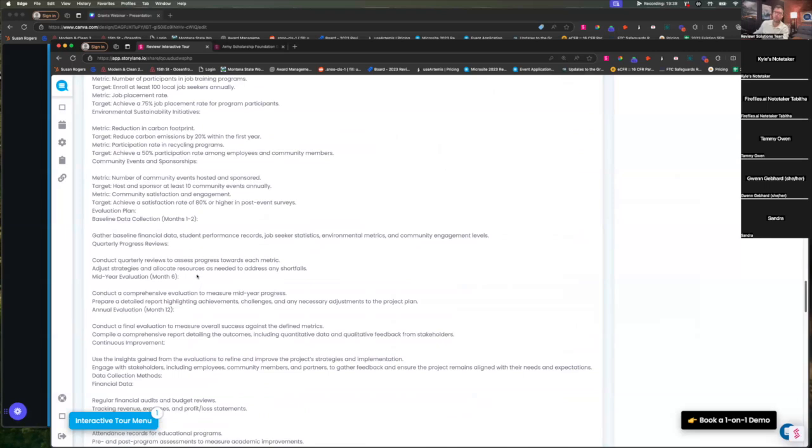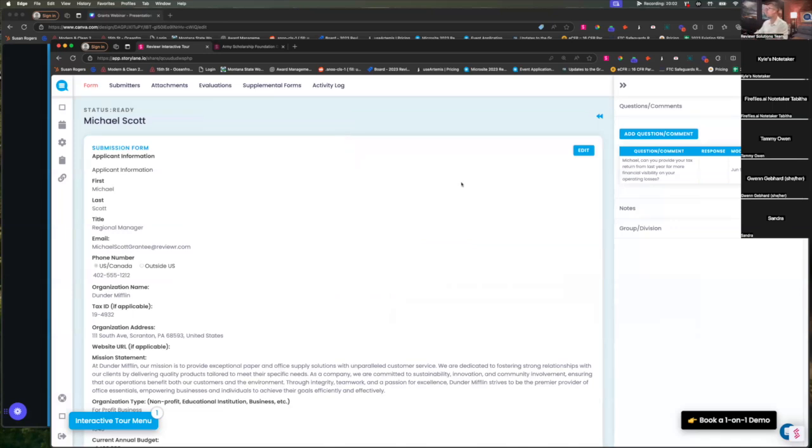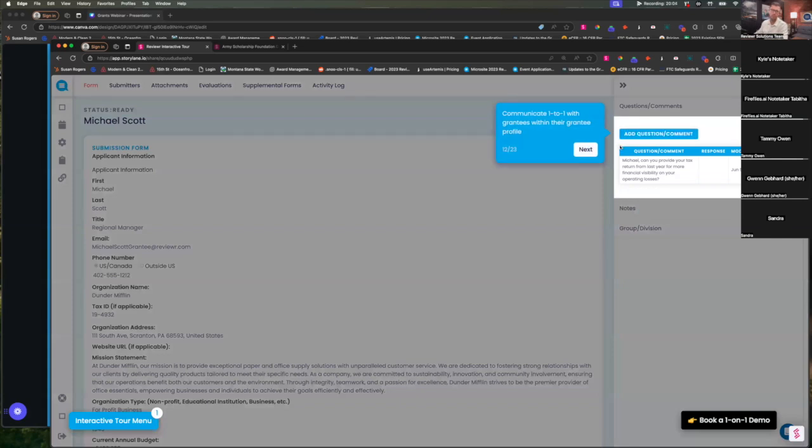So what I'm going to do is jump up to the top. And I think it's critical for a modern program to not use multiple tools. I've already alluded to that numerous times, and that starts with communication, right? You have very specific communication that you want to have with these grantees or applicants or committee members. We want to make sure that we're logging these notes in a centralized hub. So what I can actually do is send direct one-to-one messages to my applicants. This is nice because, A, it ensures deliverability. It'll send a notification email to them, but if that ever got blocked or if they didn't get it, they